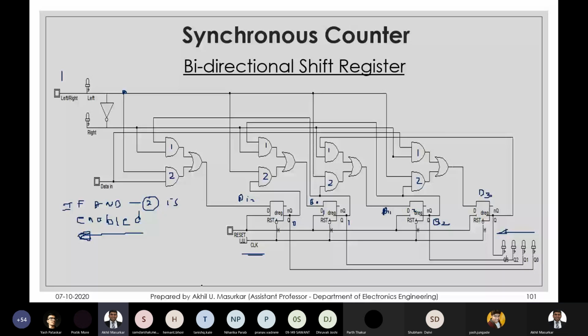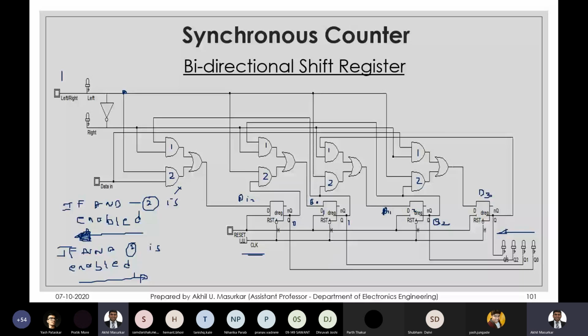Naturally, because D0 will get enabled first, then D1, then D2, and then D3, which will give me Q0, Q1, Q2, and Q3. This is the direction in which the data will flow. If all the number 1 AND gates are enabled, then the data will flow in the other direction. How? Because 2 is disabled,